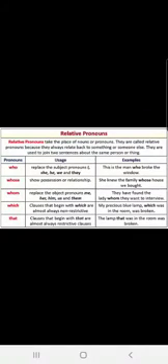Whom is used to replace the objects in the sentence. They have found the lady whom they want to interview. Here, children, whom is used for the lady, the object of the sentence, for whom the action has been done. In this sentence, they have found the lady whom they want to interview. Lady is the object and whom is used for the lady.